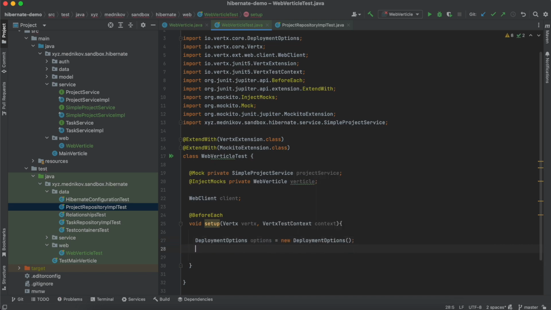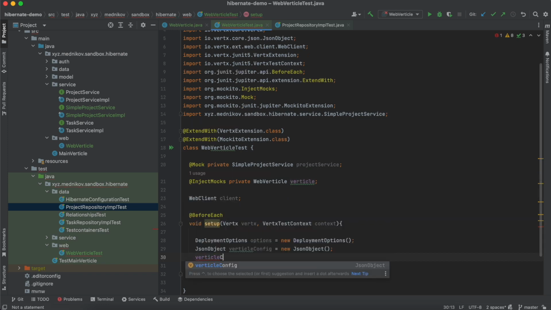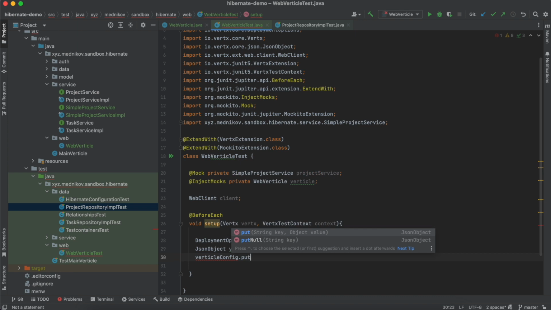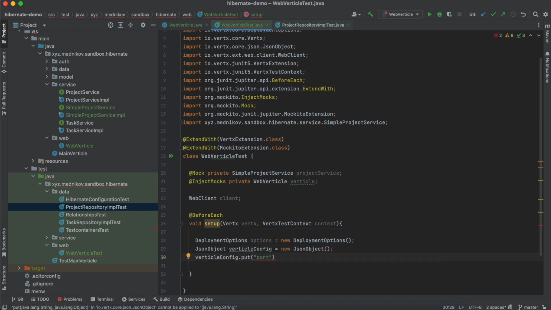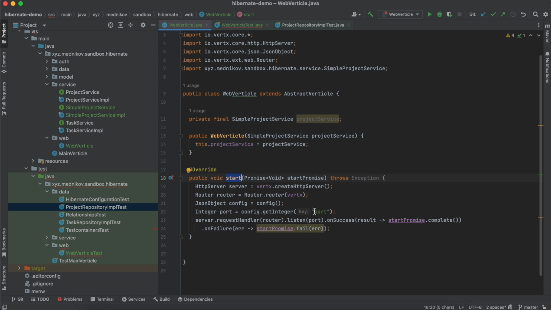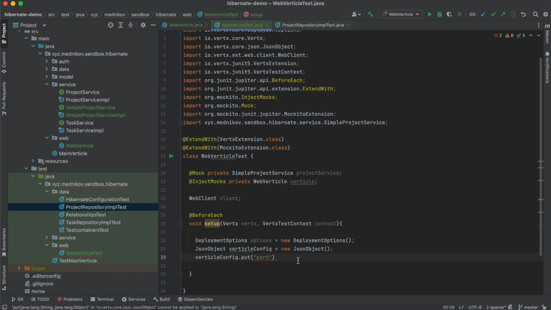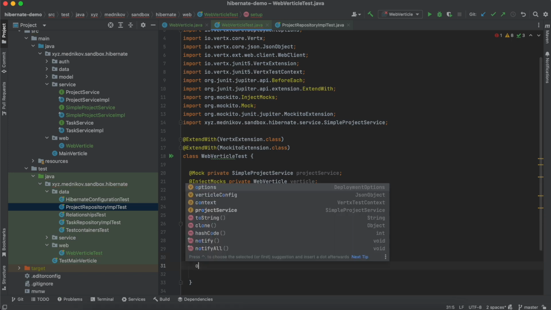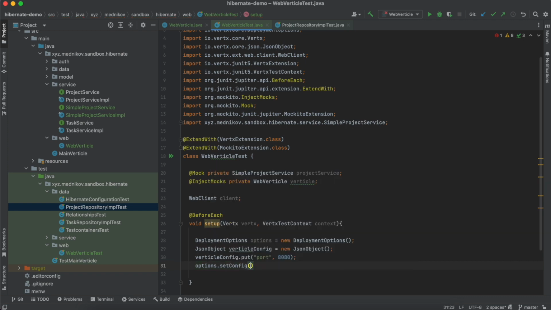And we need to create a configuration. So we say vertical config, and we create a new JSON object. And here we need to specify this vertical config, and here we put this port argument. So let's just double check it. Inside WebVerticle, our key is called port. So let's go back and specify a value 8080, and then we call options set config, and we provide